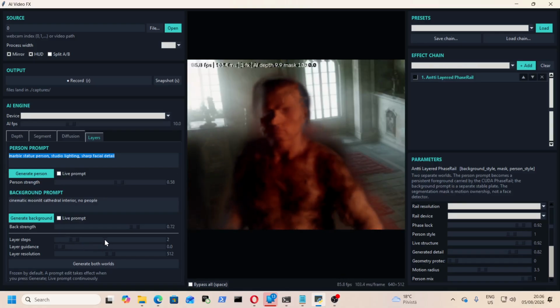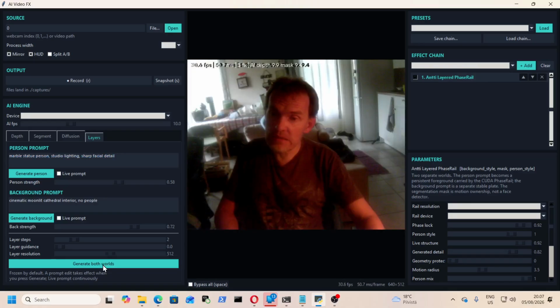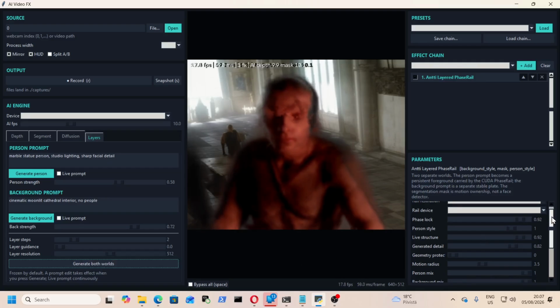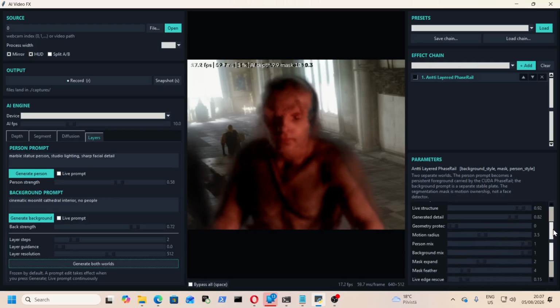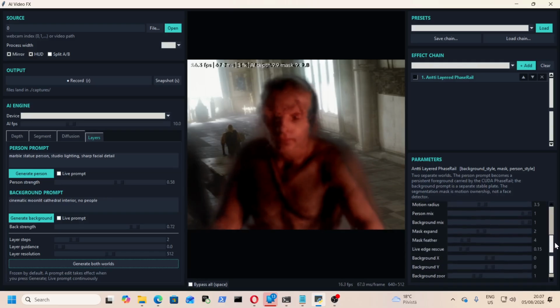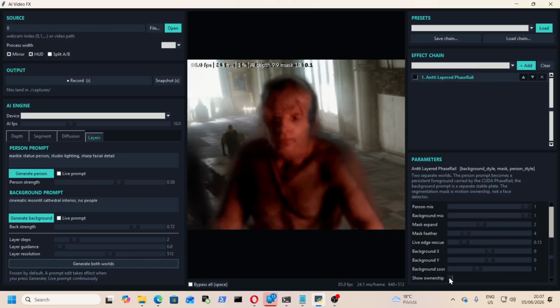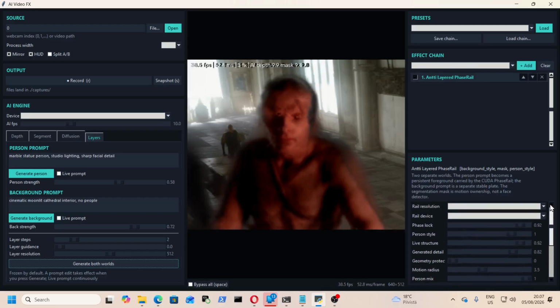well, as you guys see, and so here you can do generate both worlds, and we can actually move them a little bit. But naturally, it's not great. But we get this slight thing here, and you can change with the settings here. Some things are missing from this deepfake, like the null space thing. Here we actually see the ownership, what is front, what is back, and